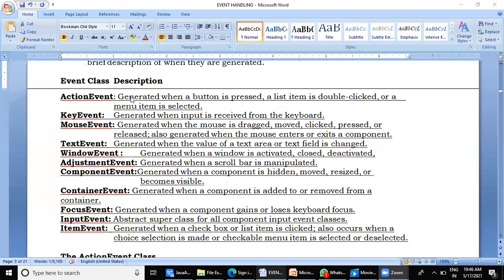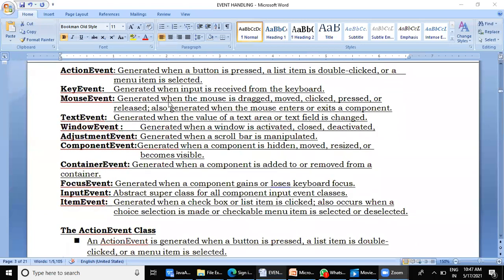To make you understand this in more detail, I have copied one video which very nicely shows the relation between different components and those actions in the form of animation. I would like to display that video, but the time is less, so we will see it in our next class. I hope you understood what you mean by a list item being double clicked or a menu item being selected. That we will learn in detail in our next class.